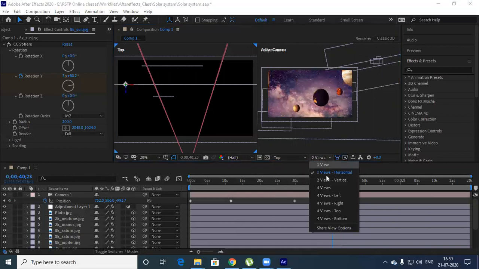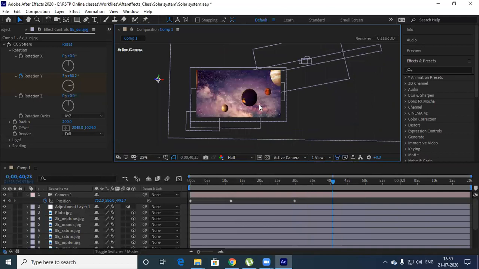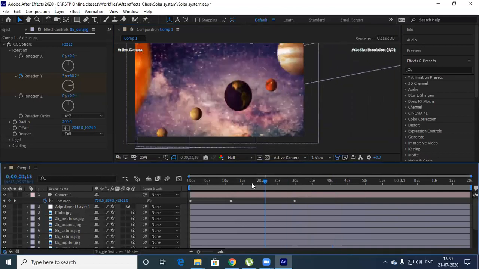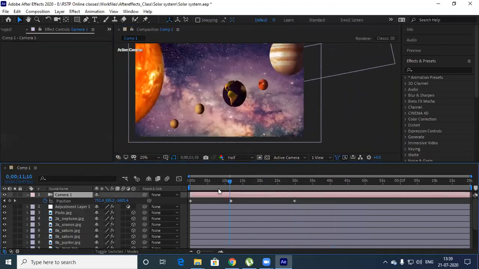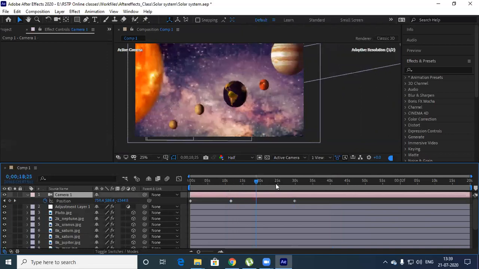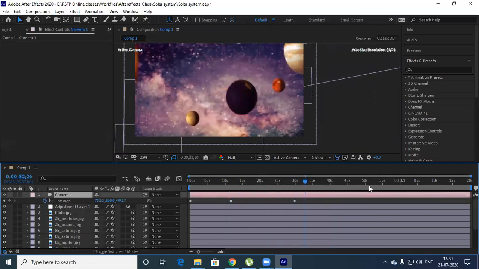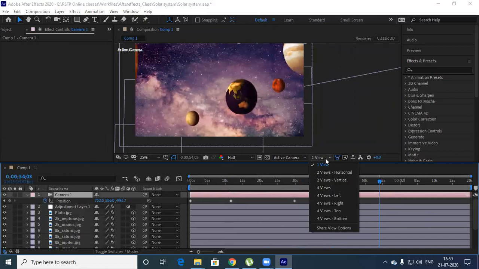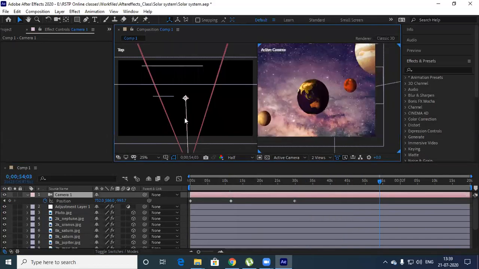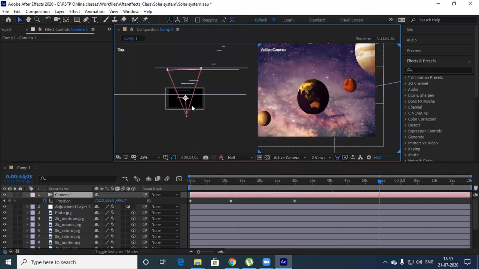So for timing, let me be in one view now. Okay, you need to select the camera. Select the camera and you can animate this.